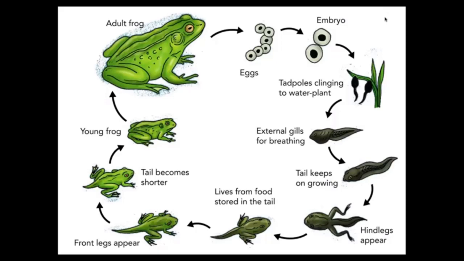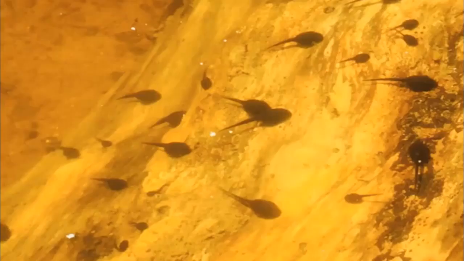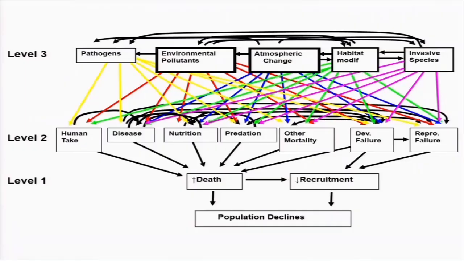And when those tadpoles convert into frogs, the gills disappear and they develop lungs, so they can breathe out of the water. Those adult frogs now feed on insects, which makes them very good predators of mosquitoes and flies that, as you know, can be a real nuisance. Here we see the tadpoles, which also serve as prey for fish, so they become part of the food chain too. And there are 5 major enemies to frogs that are shown on this